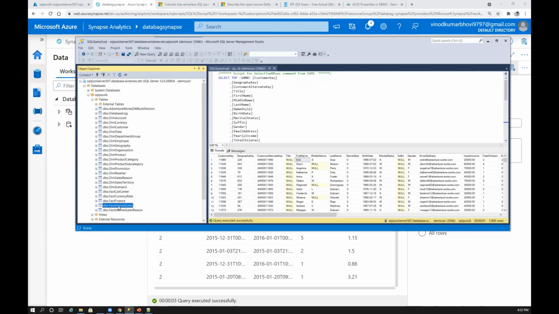This is a table. If I wanted to know for which customer we are talking about internet sales, then you need to connect this fact table with the customer dimension. If I wanted to know for which date, then you connect this fact table with the date dimension. If you're talking about country and currency for the sales, then you connect those too. So you put the fact in the middle, then connect with the common key, the foreign and primary key between fact and dimension, and you make that star schema. That is called star schema.